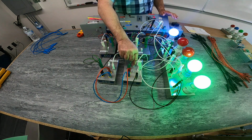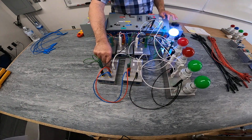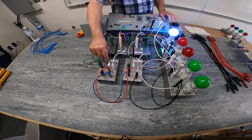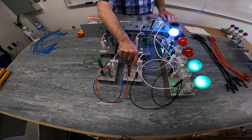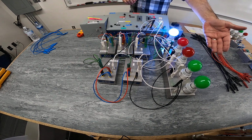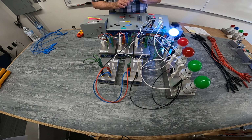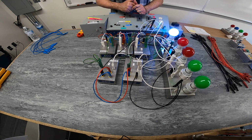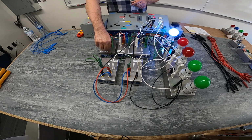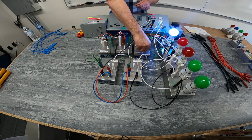Sorry, energize, de-energize, energize, de-energize. So far we're good. 2 locations. These lights switch, energize and de-energize, while the blue one stayed energized all the time. Great. Now we're going to go to the other setup here where we have 3 locations switching 2 lights simultaneously. So now I want to be able to energize, de-energize, energize,